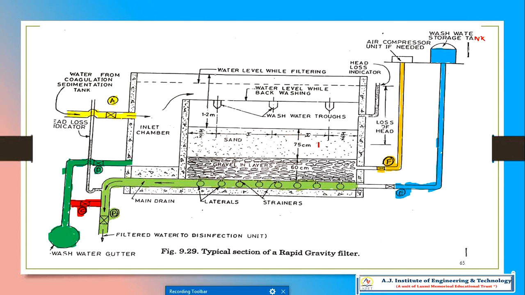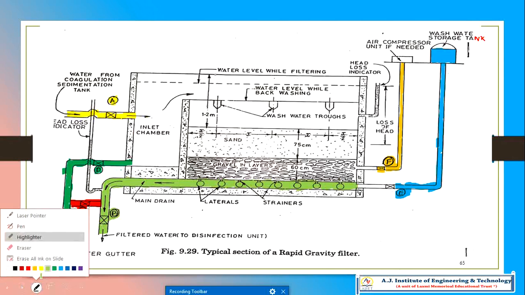Now, how to wash? Everything I marked here is for how to backwash it. Now I will let you know the actual process. I'll take the yellow color line.